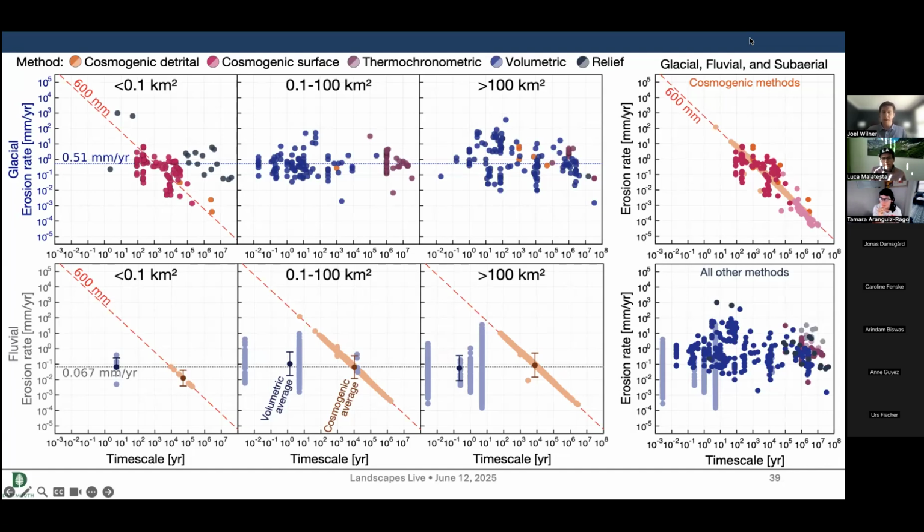That's a good question. I think it's more inherent to the method alone, in that, in the case of glacial samples at least, cosmogenic methods are restricted to largely point measurements. Here we call it cosmogenic surface measurements. So that's going to lead to this distinction that we see between the left panel and the right two panels. So I would say it's more measurement limited than inherently basin scale limited, if that makes sense.